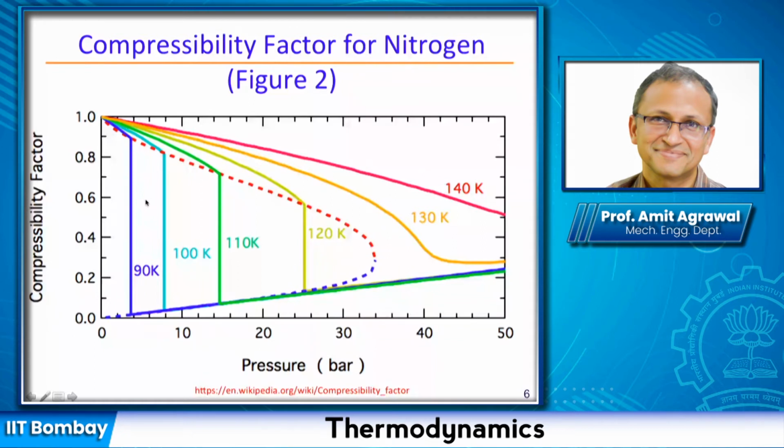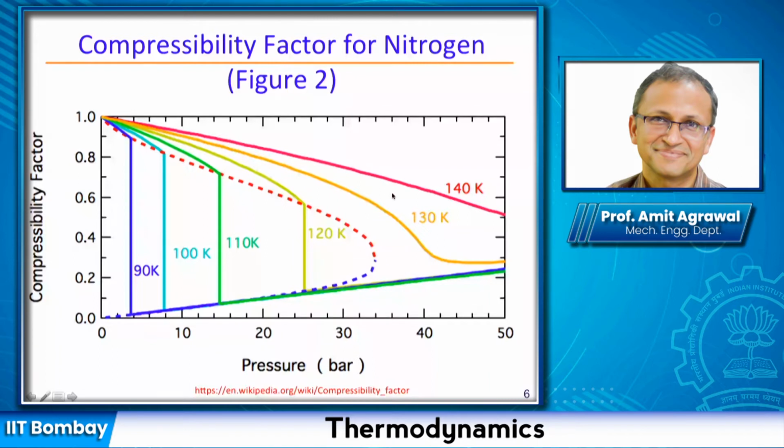Here, although now we are seeing several more curves, which correspond to different temperatures from 90 Kelvin to 140 Kelvin. Now you can see the saturated region, which is marked much more clearly. Earlier what you were seeing is this 100 Kelvin curve and 140 Kelvin. I think these were the two values that you were seeing earlier.